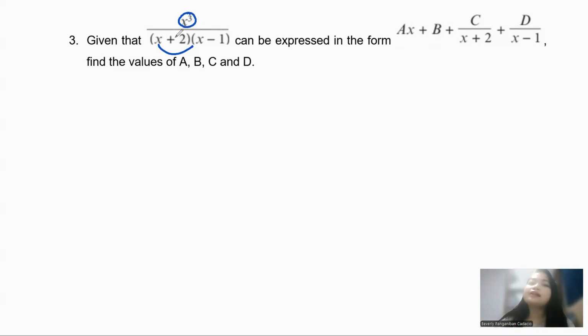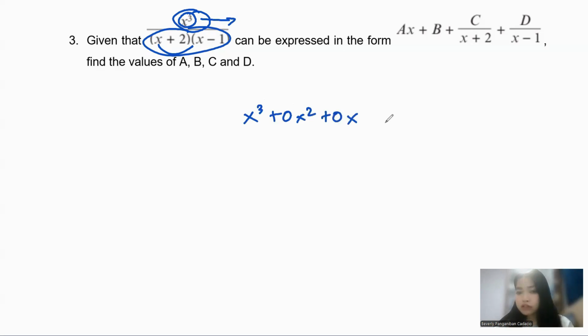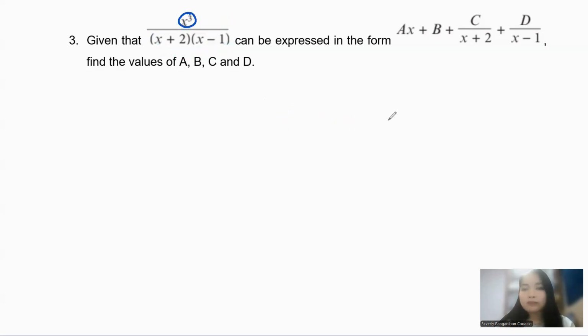Just make sure that you expand this one first, and this one will be the one inside, and make sure that you add x cubed plus 0x squared plus 0x. That's my suggestion, so that you will not be confused with bringing down of the terms, yeah? But again, I cannot discuss all of the methods, the method shown is just a suggestion. You may use any valid method you prefer, and you can use equating of coefficients, or maybe just substitution only with other convenient values of x, such as x is 0.